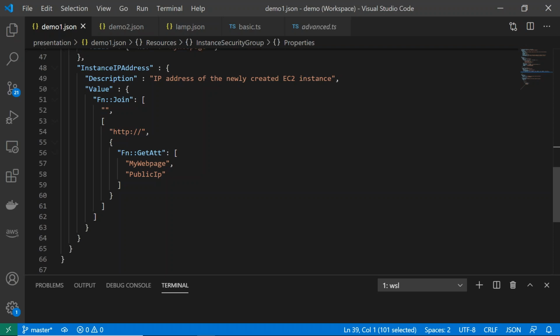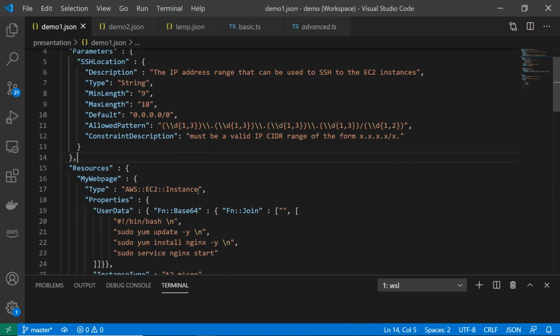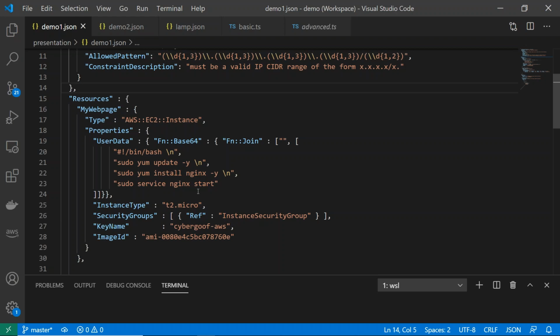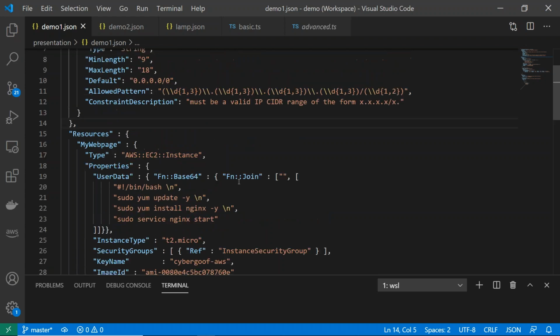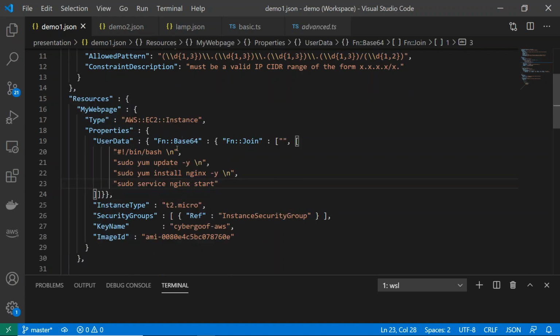This is in JSON. I mentioned that in CloudFormation, you can use JSON or YAML, whichever you prefer. And so this is a file that is describing deploying Nginx. And with Nginx, it's giving it what's called a security group, which is really a host-based firewall. That's kind of what it is. So right here, I have this code that is describing the actual web server. So I've said, okay, when you start up, run this code. This code, all it does is install Nginx. It goes out and installs Nginx on itself.